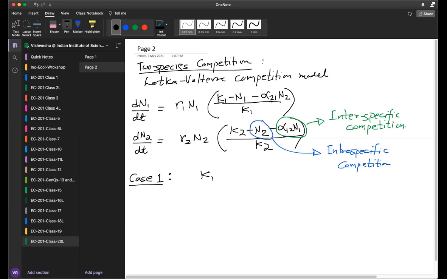When you have species 1 at its carrying capacity, K1 is the total effect of intraspecific competition. Whereas alpha 2,1 K2 will be the total effect of the competition